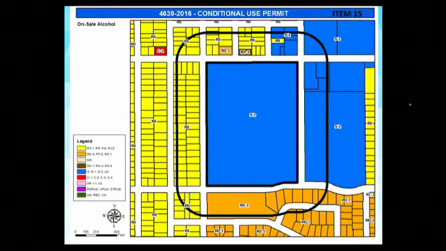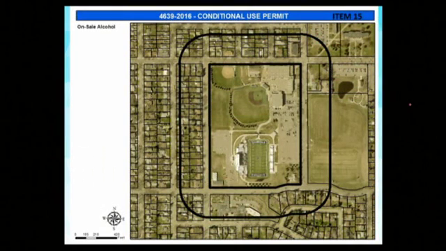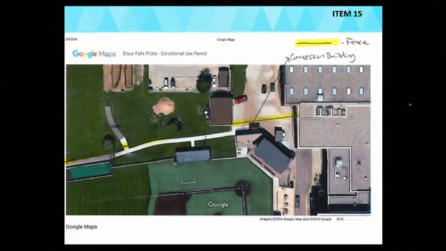Item 15, 4639, 2016, conditional use for on-sale alcohol within 500 feet of a sensitive use located south of West 33rd Street and east of South Lake Avenue. The applicant here is John Ratzloff with Sioux Falls Pilots baseball program. It's located, as you can see, on the Augustana College. The applicant would like to serve beer and wine at the Augustana baseball field during their summer adult baseball league only. You can kind of see they want to set up a little temporary shed out by the existing baseball field to serve the beer and wine.